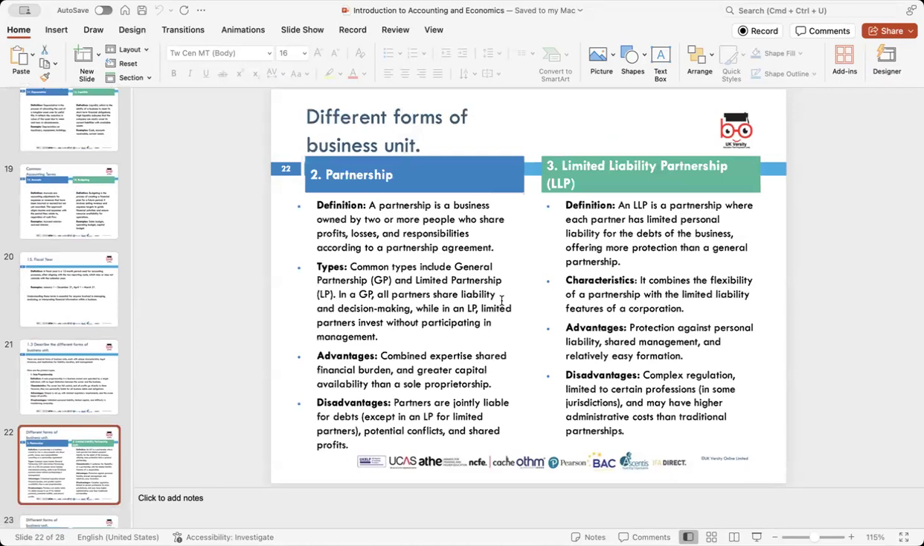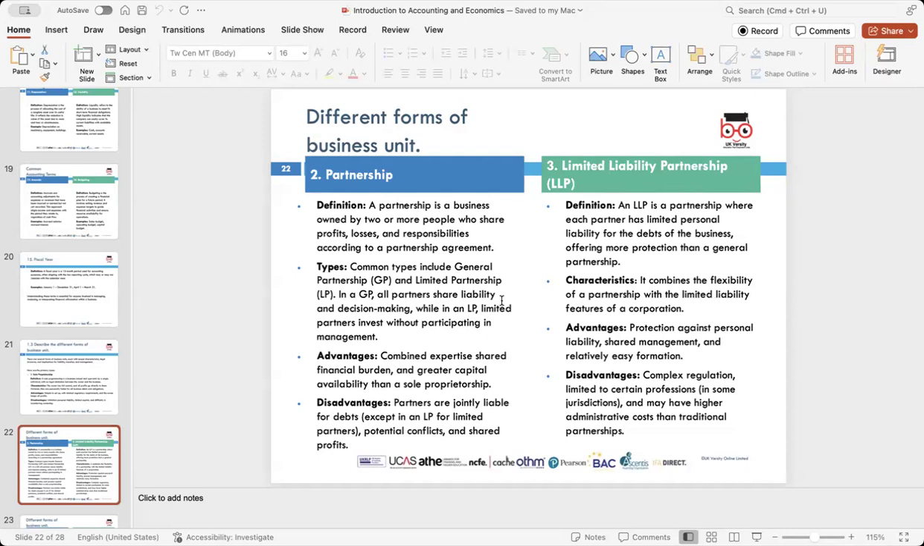Partnership and limited liability partnership. A partnership involves two or more people who share profits, losses, and responsibilities. According to a legal agreement, this structure allows for greater capital investment and combined expertise, making decisions more collaborative. However, partners are usually jointly liable